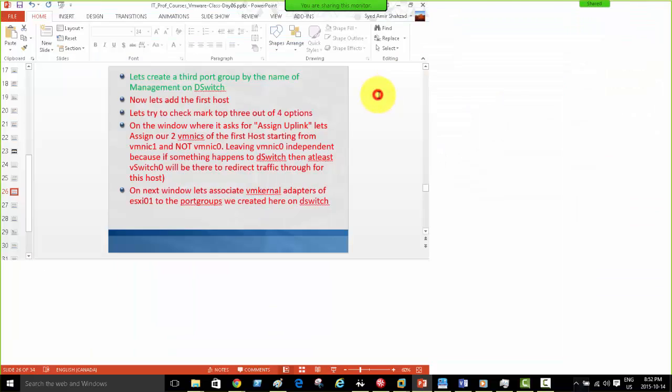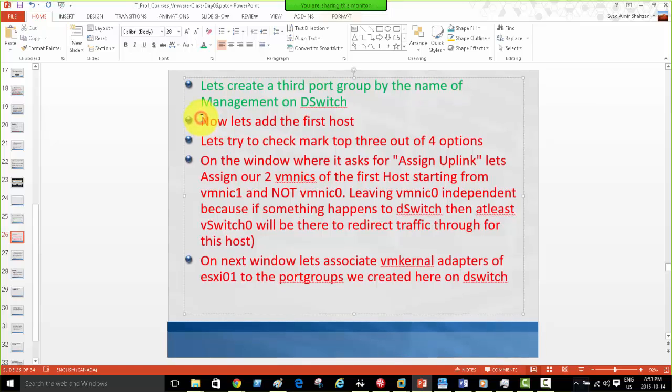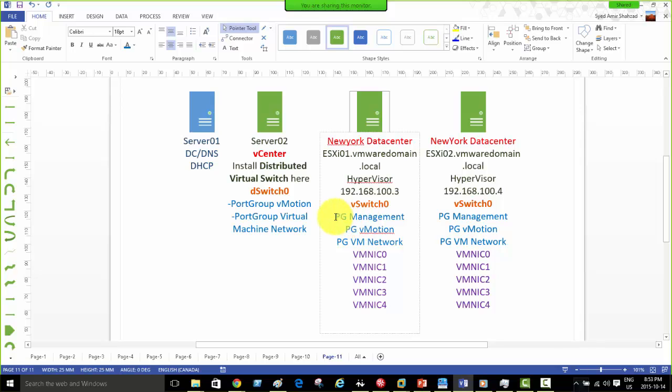So all the port groups are created and our tasks are going one by one. So let's check it out. We have created 3 port groups on distributed switch level. Now let's add the first host. And there are these settings that we need to make sure: what components of an ESXi host we want to connect to the distributed switch. We were talking about these 3